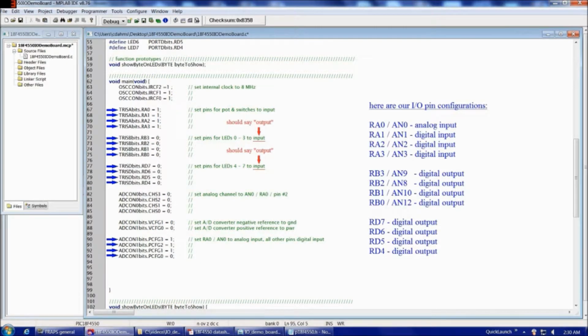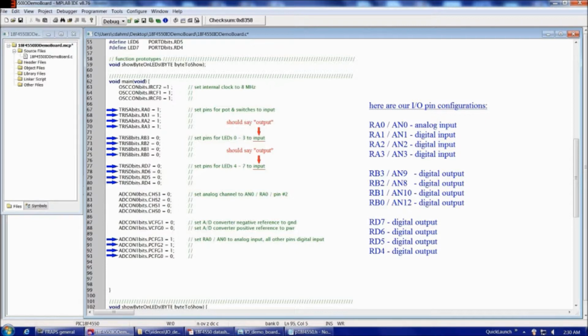So now that we're done configuring our pins for either input or output in either analog or digital, let's take a quick overview of the configuration that we've selected. First off, I apologize for my typo. The section in the center there in red, for the pins for LEDs 0 through 3 and LEDs 4 through 7, should say output, not input. Sorry about that. But in any case, referring to the 16 blue arrows on the left side,